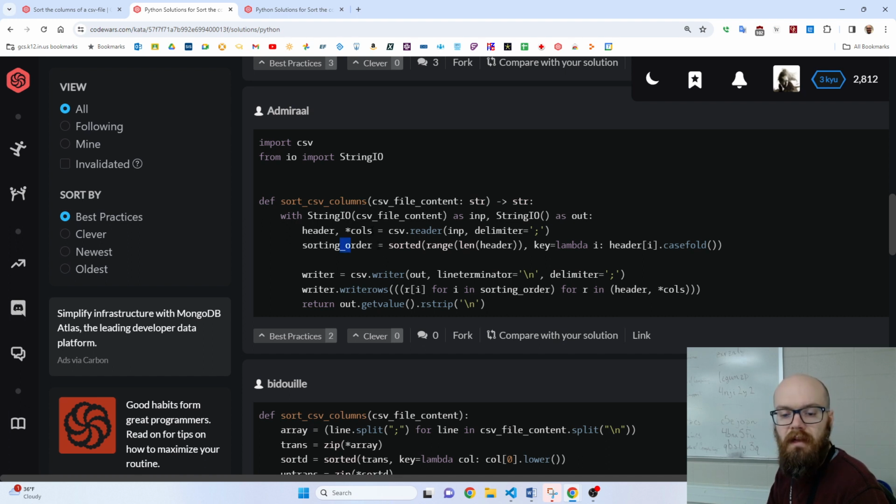Very nice. You sort it. They use case fold. I love them. Their heart is in the right place. And then you're writing it. They're not really writing it to a file, but the string IO pretends like it is, and it makes a string object instead of a something.csv. So this is a really cool problem because it's kind of annoying, and whenever something's annoying, you have to